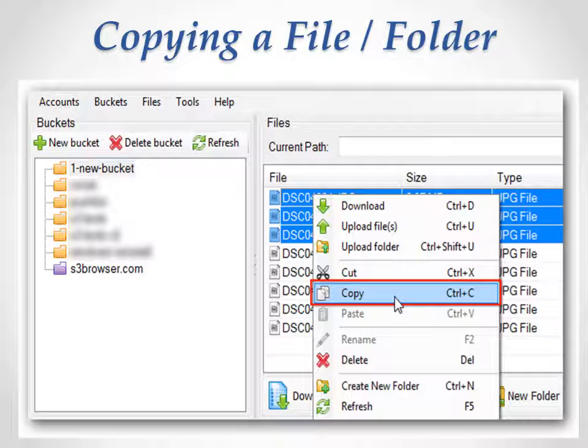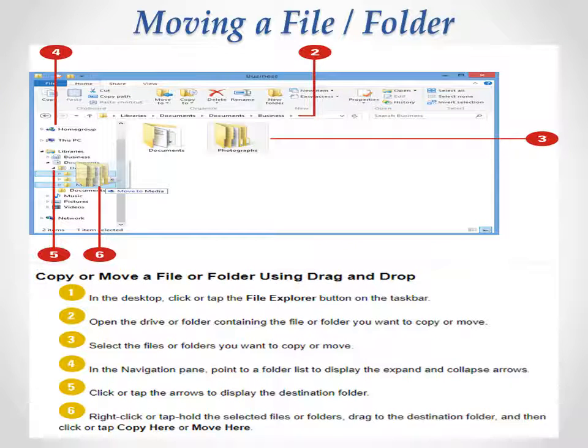I'll also give you a shortcut for copy. Another way to copy is by using a shortcut, by pressing Ctrl plus C. I think you can see the shortcut on the screen. By pressing the Ctrl button plus C on the keyboard, it gives you a shortcut command for copy. And for paste, it is Ctrl plus V, and it will be pasted.